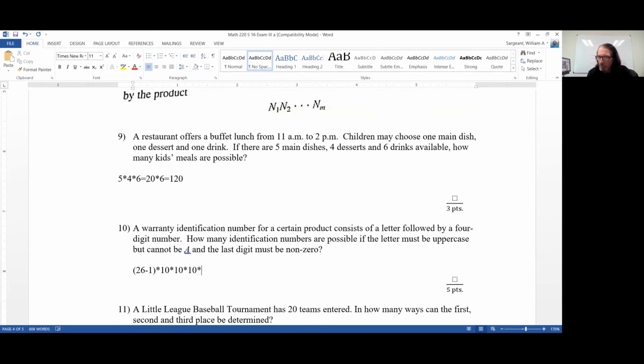However, that 4th digit must be non-zero, so that would leave us 9 choices there. And so that's going to give us 25 times 10 cubed times 9. 25 times 10 cubed, which is 1,000, times 9. 25,000 times 9 is